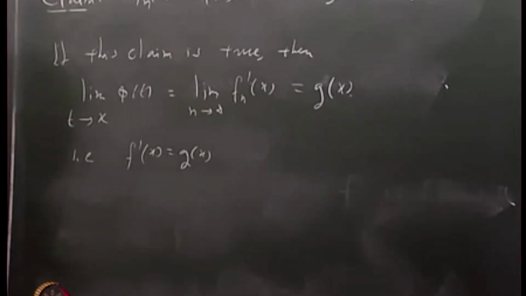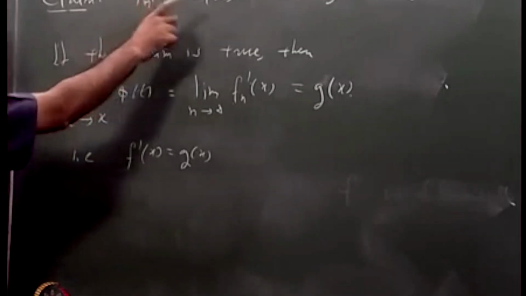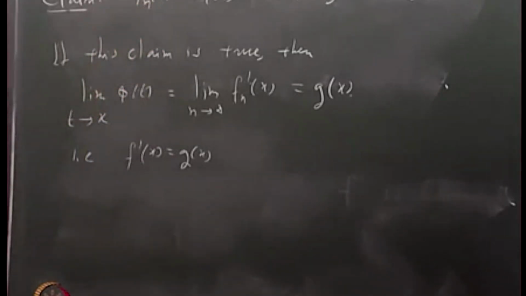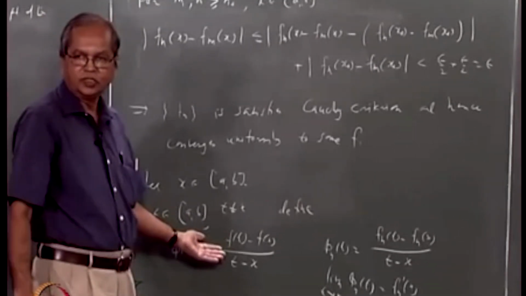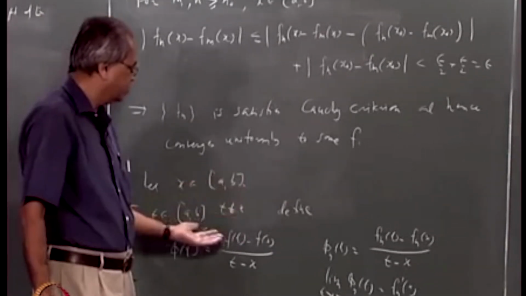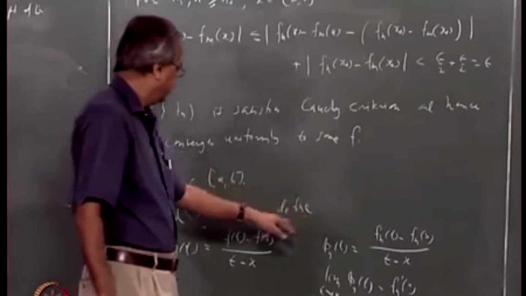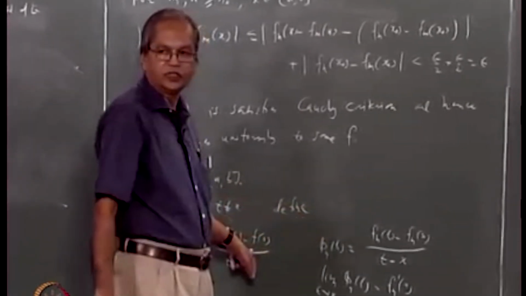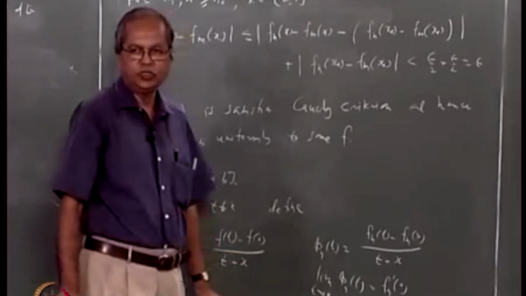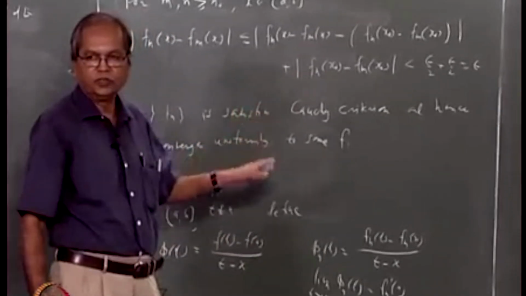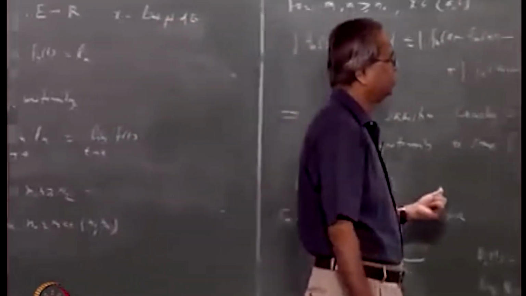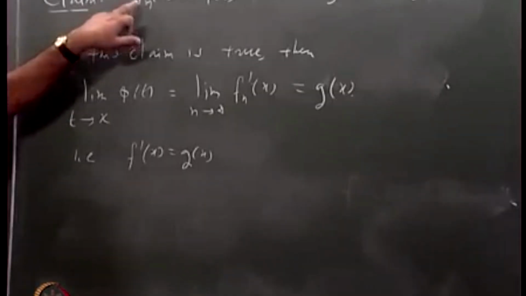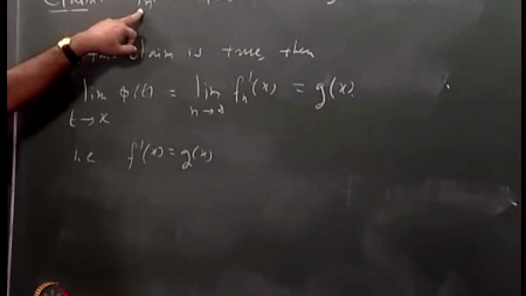Now what is involved here? We want to show that phi n converges. See, remember, phi n t converges to phi t pointwise. There is no problem about that, because we have already shown that Fn converges to F uniformly. So Fn t will converge to Ft, Fn x converges to Fx. So the only thing really to show is that phi n converges uniformly, and we shall use the same technique as we had done earlier, that is, we shall show that phi n satisfies the Cauchy criterion.